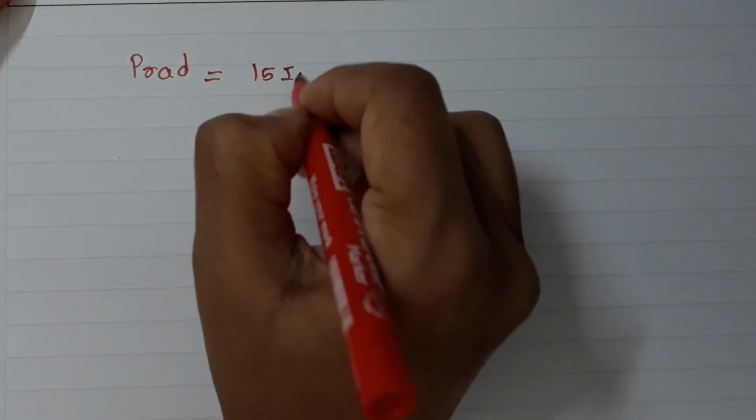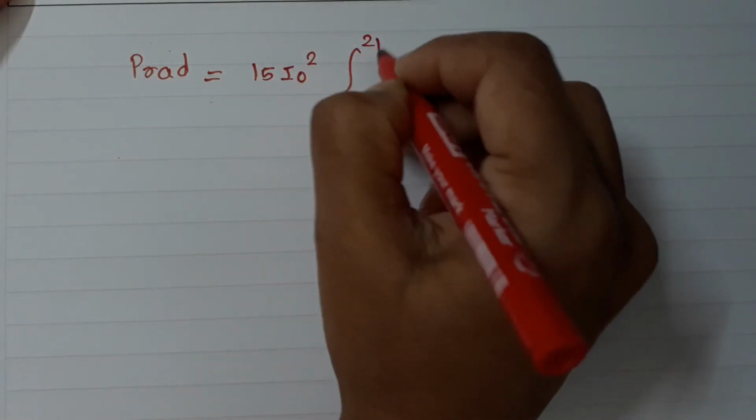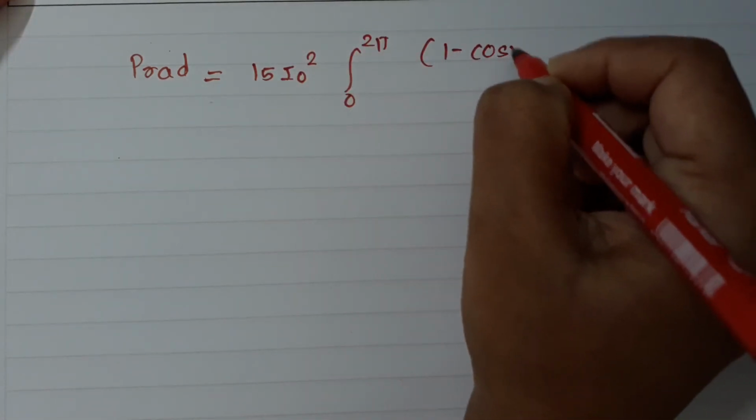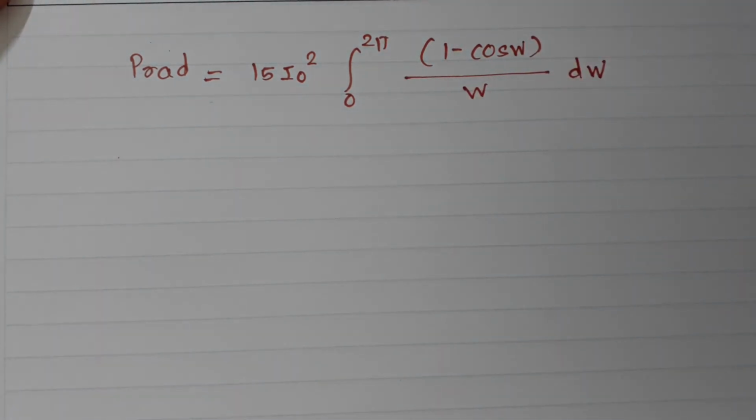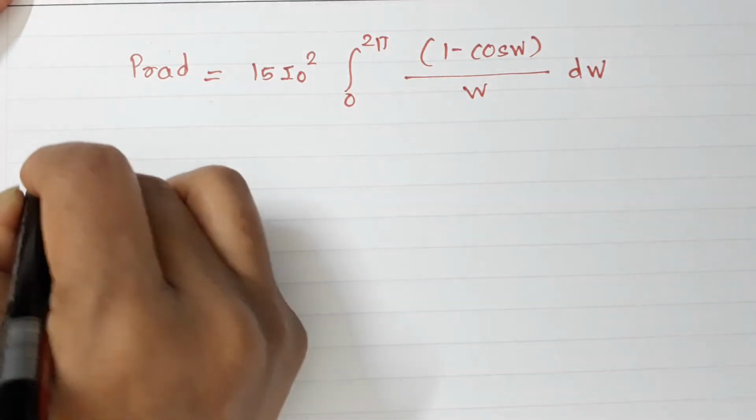So using this trigonometry I can write P radiated is equal to 15 I0 square, integral from 0 to 2 pi, (1 minus cos of w) divided by w with respect to dw. Now we have here cos of w